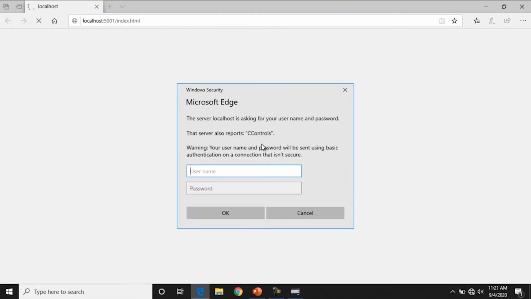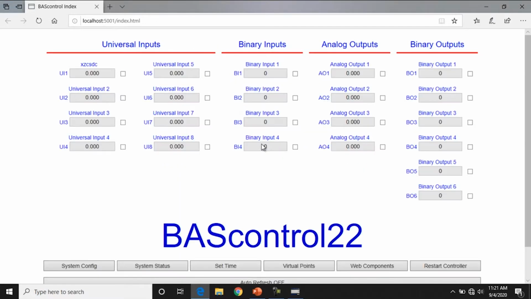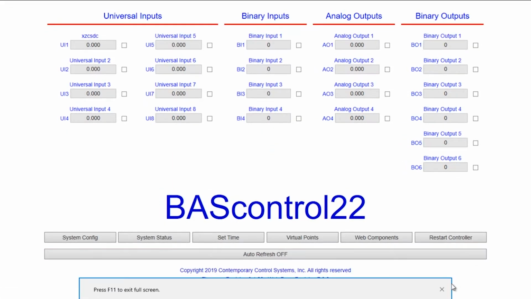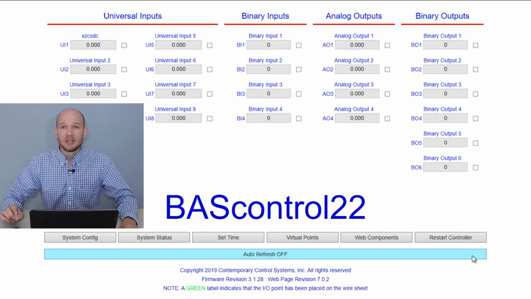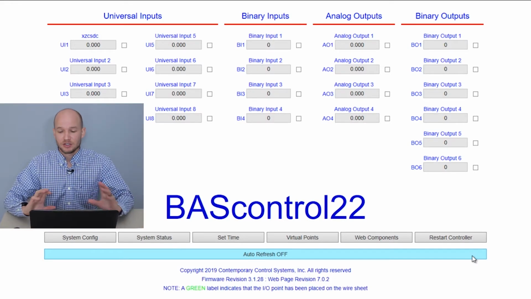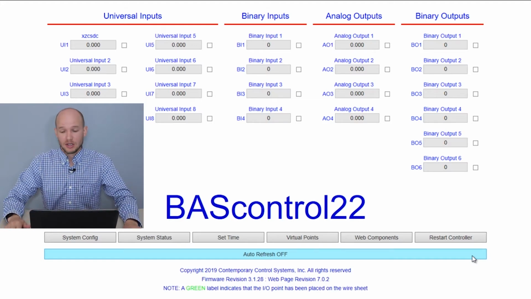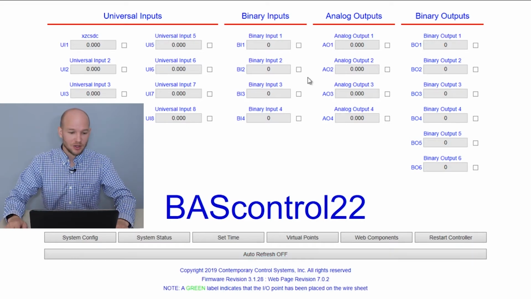This should open a new window in your web browser asking for the username and password, admin, and here we are. We are in a virtual environment replicating the BAS Control 22. If you watch Lab 1, these screens are identical. It's as if we were in an actual controller. And so now we're in a virtual environment, we can change things, we can play with things,